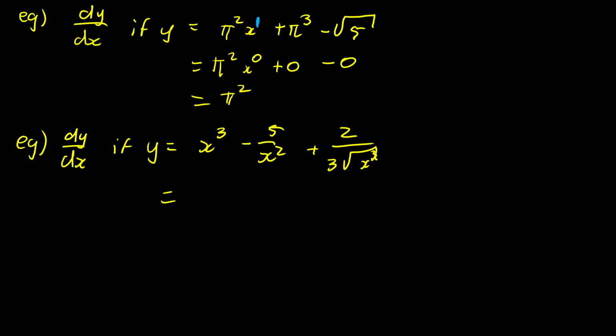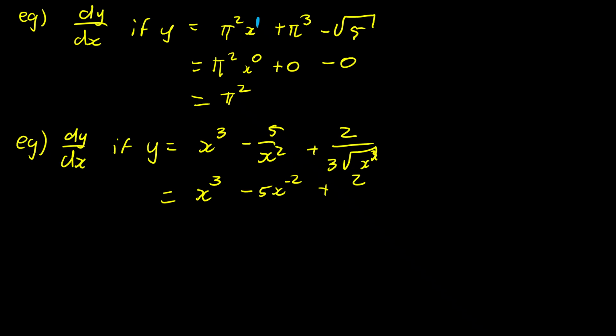And now we have a square root here, but we'll sort that out. First things first, we want to get all of our x's to the numerator, so it becomes x to the power of 3 minus 5x to the power of negative 2 plus,